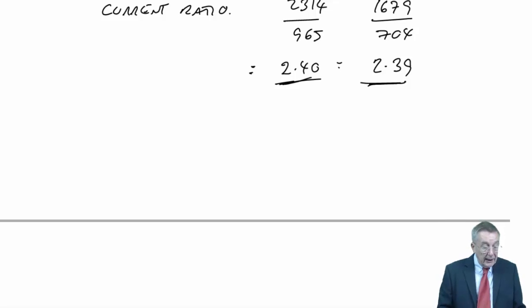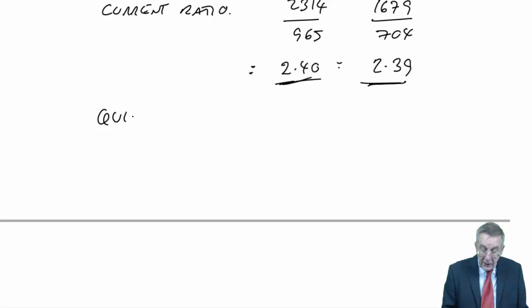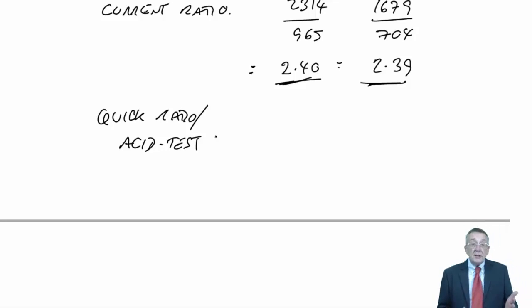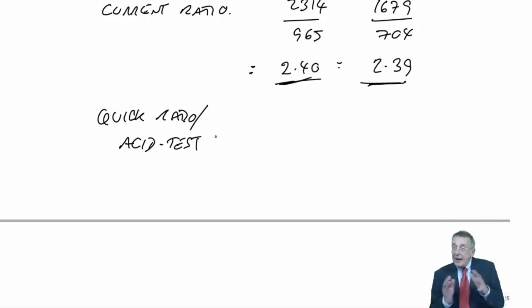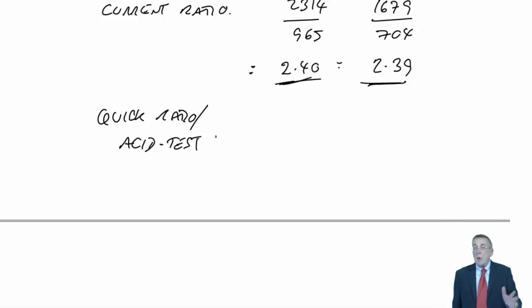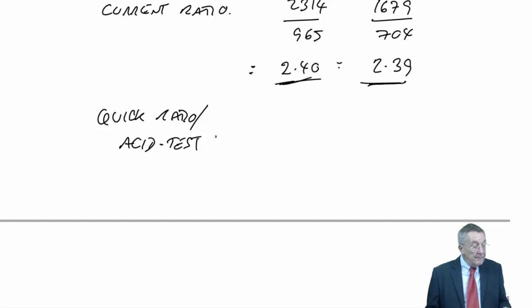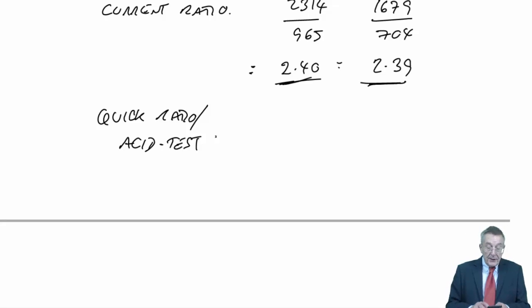And so the next one is the quick ratio, also called the acid test ratio, which is exactly the same as the current ratio, same logic, except we exclude the inventory on the basis in the very short term that cash won't be there. So if we remove the inventory, the current assets otherwise this year are